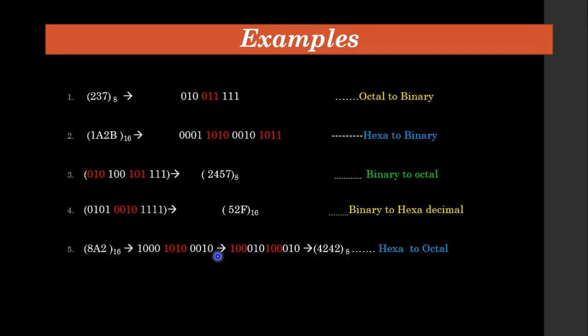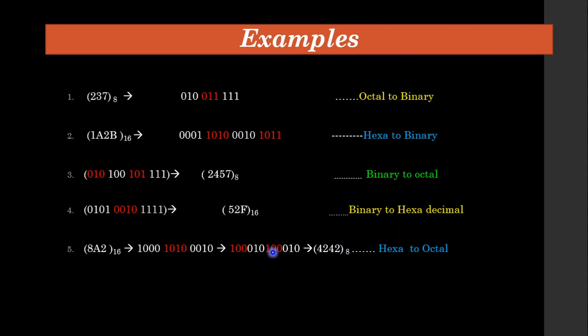Now I have to group into 3 bits because I am going to change into an octal number. So grouping into 3, you can see the difference here. This group of 4 bits I have changed into groups of 3 bits. I have changed the colors again as red and white to differentiate. Now starting from the LSB, I group only these 3, 010, which is 2.